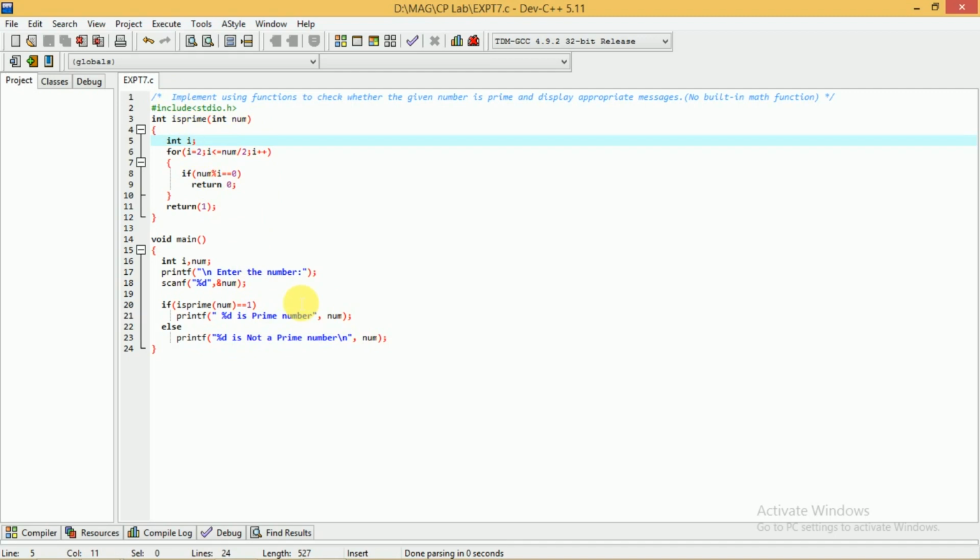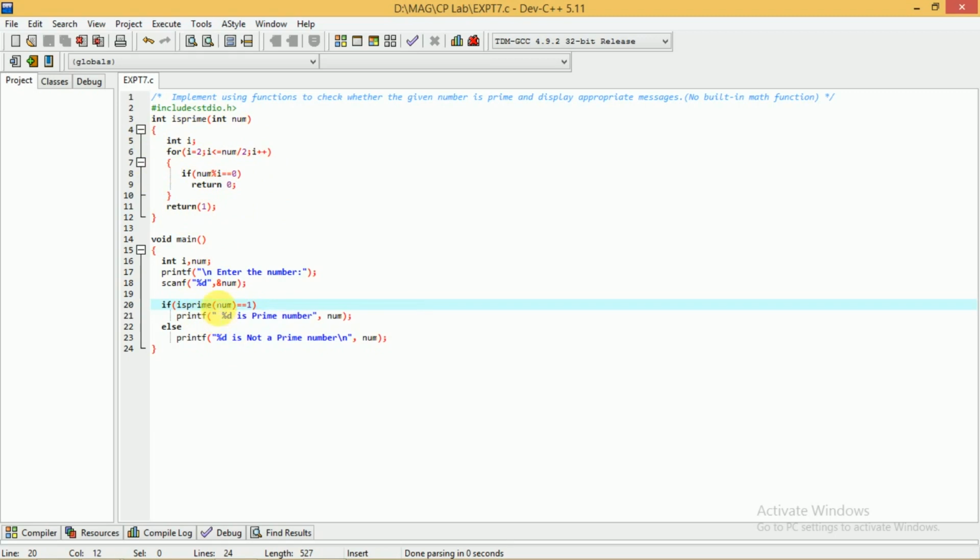Remember this. Okay, so here, as a part of this if statement itself we have called this particular function. So if isprime of num, okay, isprime is the name of the function and the num is assigned to this variable num. So when you execute isprime of num, it will execute all the lines that are part of this particular function, and at the end it is going to return the value either 0 or 1 based on this particular condition.